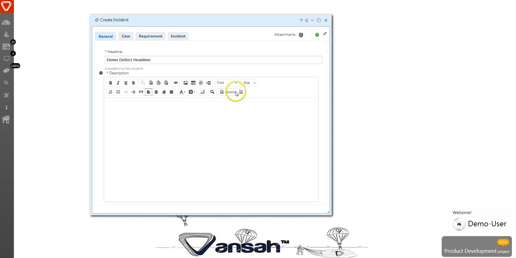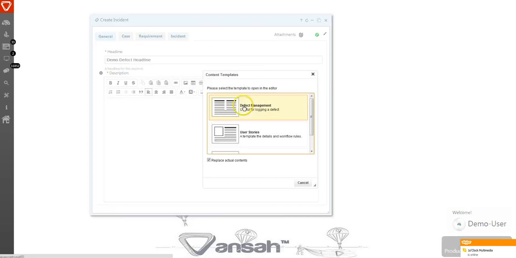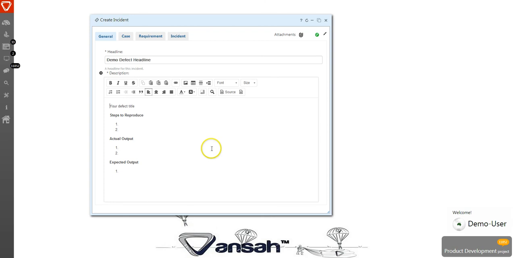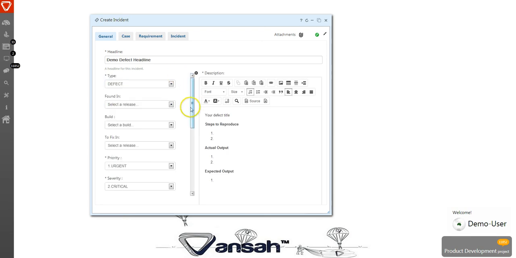Over here, in our description, we can completely fill it out according to what we want to paste, or what we want to obviously add as details to the defect that we're about to create, or we can select the template that we might have in our system, making it easier for us to complete the steps and actual output and expected results for the developer or the person to be assigned